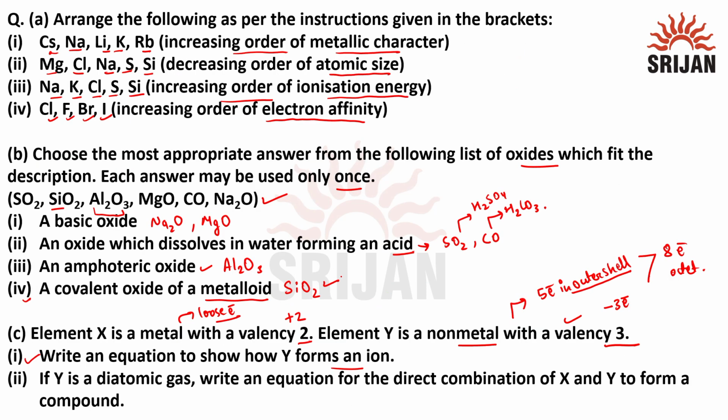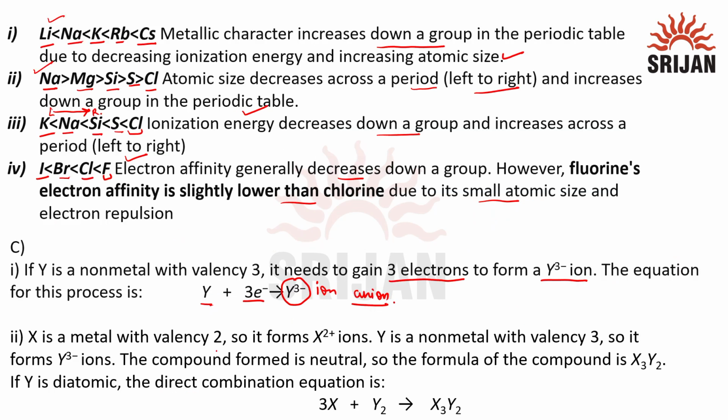Now the second question asked here is, if Y is a diatomic gas, write an equation for the direct combination of X and Y to form a compound. The answer will be, X is a metal with a valency 2, so it forms the X2 positive ion, and Y is a non-metal that forms the Y3 negative ion. The compound formed is neutral, so the formula of the compound should be X3Y2. If Y is a diatomic gas, the direct combination equation will be 3 molecules of X combining with 1 molecule of Y2 to give